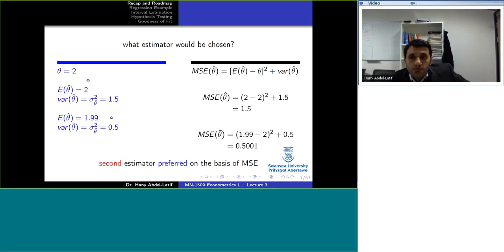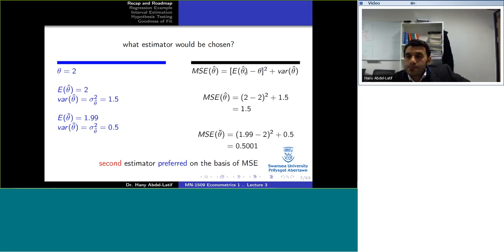So here I just summarize all the information we have about these two variables. And when we calculate the mean squared error of both, let me explain quickly how we do that. This first part of the formula is just the bias squared. The bias is the distance between the true parameter and the expected value of the estimator, so the expected value of theta hat minus the true parameter theta, which is 2,